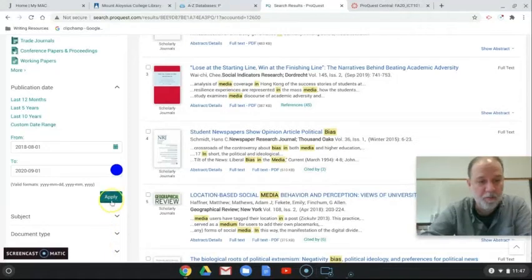Okay. Now I'm going to apply this date range. And when that result comes back, it'll most likely take that number down a great deal. So here now we have 31,741 results. Okay, we drilled down full text, peer reviewed or refereed, and we drilled down to make it a specific date